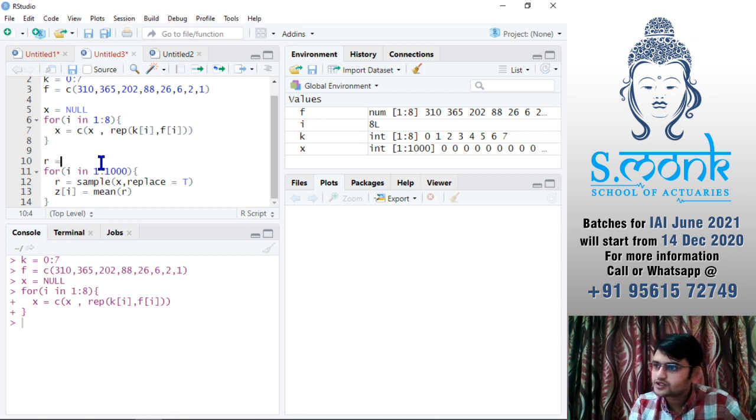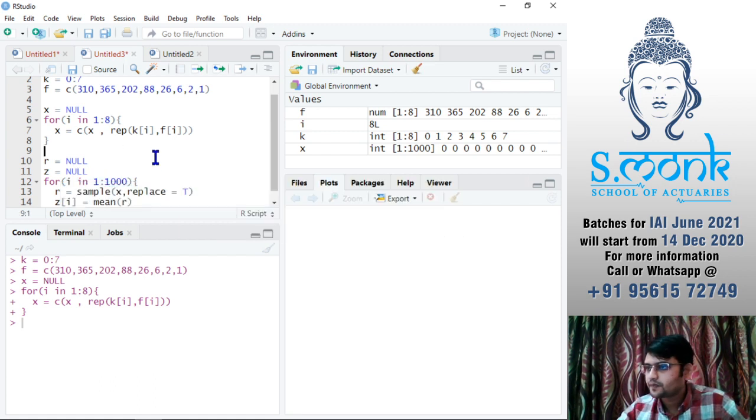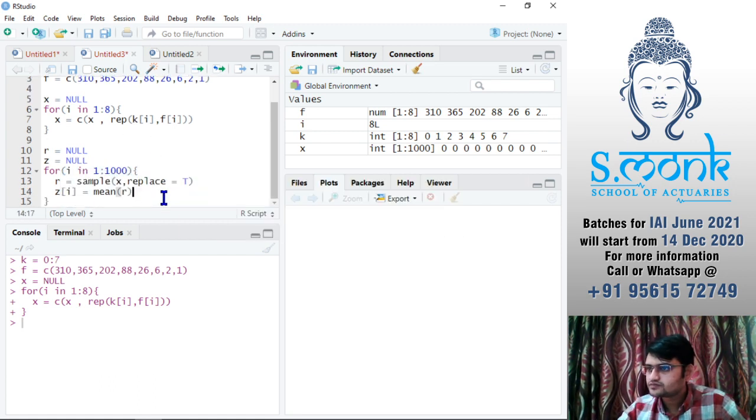So R is equal to null and Z is equal to null. Okay. So it is going to take the mean of all of those samples and store it in a vector called Z. Okay.